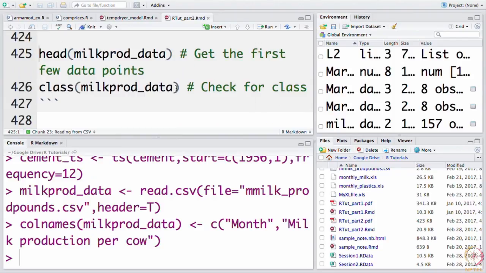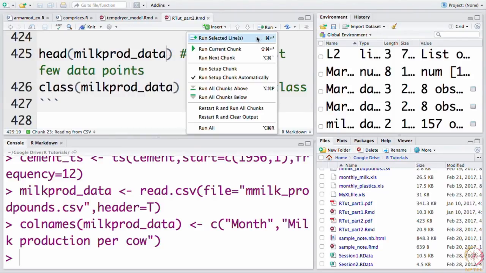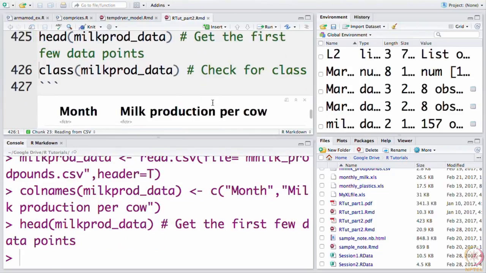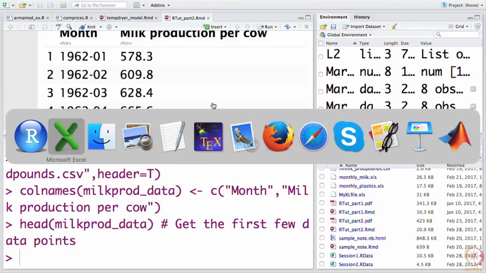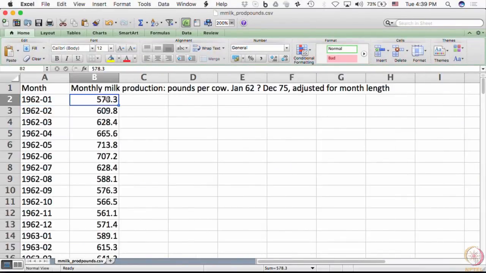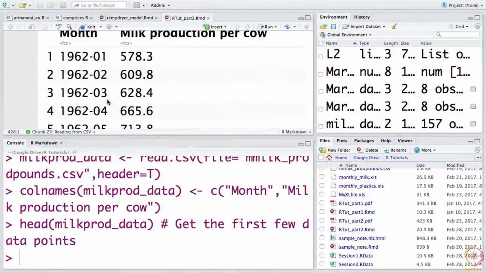So I have changed it, and we can read the first few lines. This is a data frame, remember, and the output is shown here. It clearly shows the first few lines and the data has been read correctly. It is a good habit to cross-check with the data file after you have read it, to confirm that you have read the correct data. For example, the first value reads 578.3, and that is indeed the first reading.